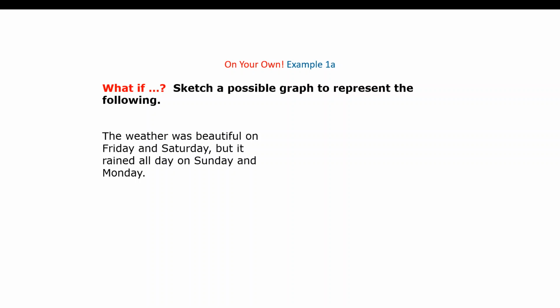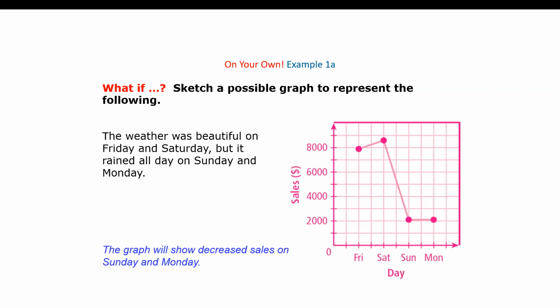Okay, so I hope you were able to come up with a possible graph to represent that. And here, we know that the graph is going to show decreased sales on Sunday and Monday because it rained all day on Sunday and Monday. So notice, and again, yours doesn't have to be exact, but it should look something in this form where